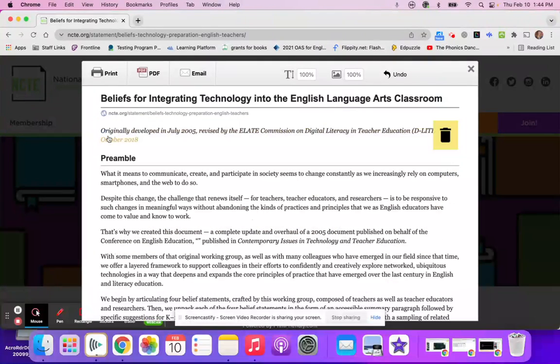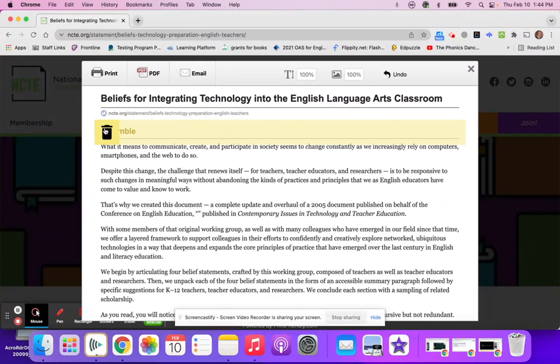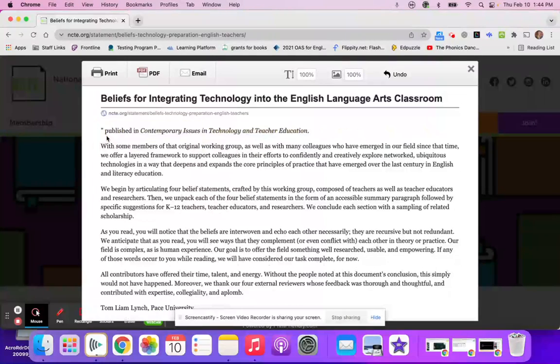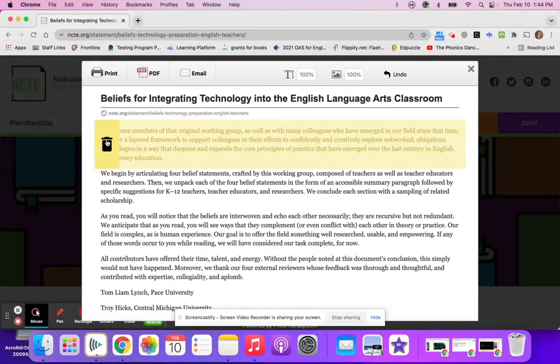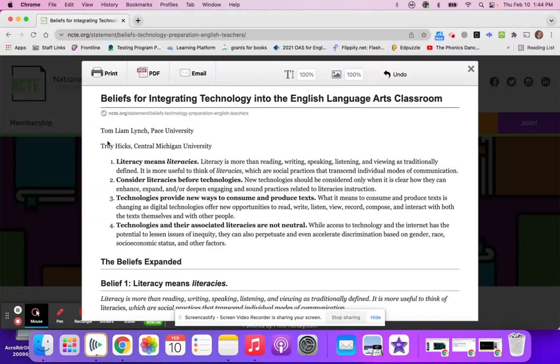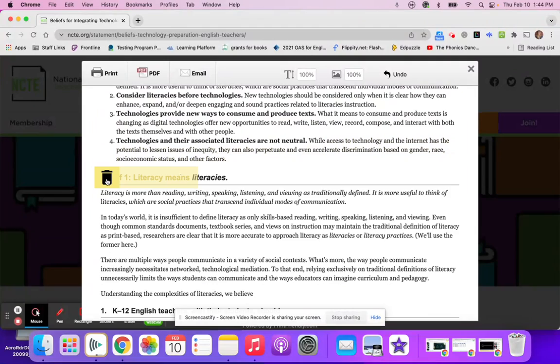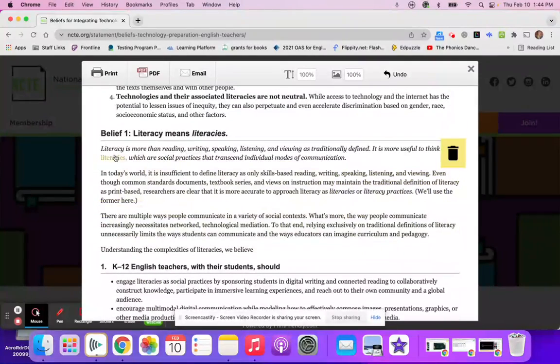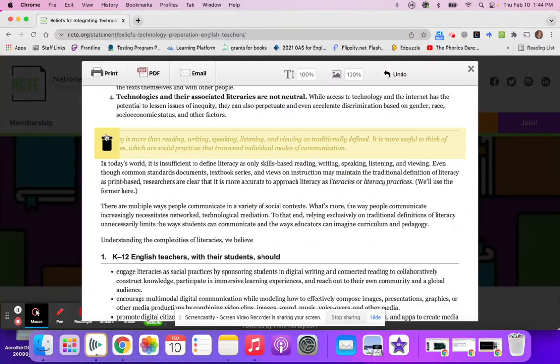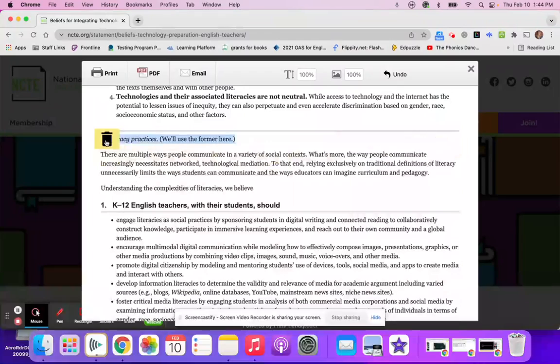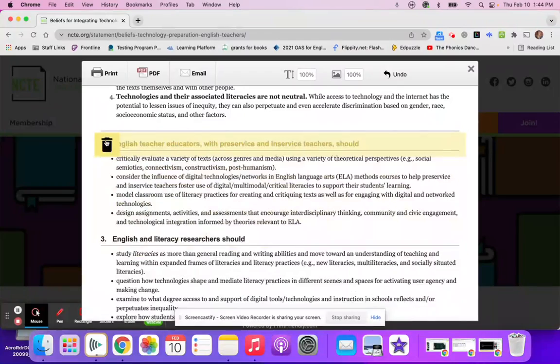So again, this allows me to get rid of things that I don't want, especially if I'm going to print it for my students to write on it in class and I just want them to have a little bit of the article. This is great for a jigsaw method. And what I'm doing is I am basically cutting out the pieces so that it minimizes my copies down to just the